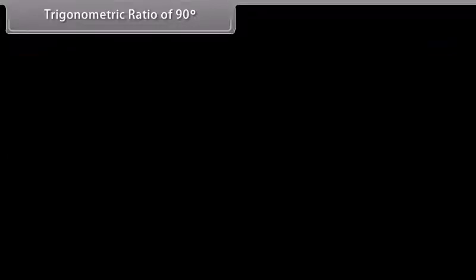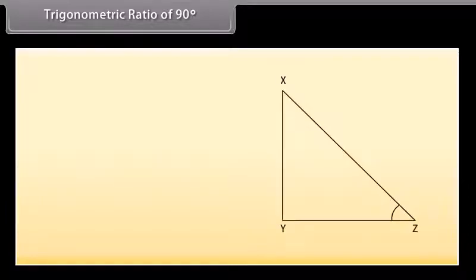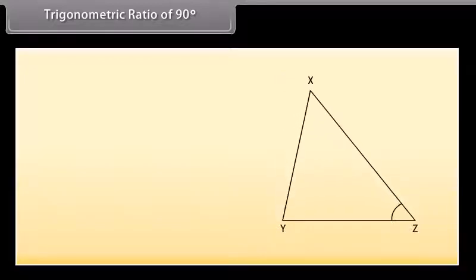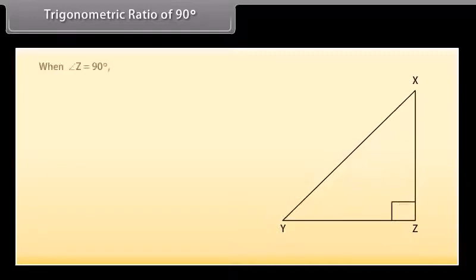Trigonometric ratio of 90 degree. Consider the right-angled triangle XYZ. Increase the measure of angle Z slowly. You can see that XZ rotates right and becomes steeper. When the measure of angle Z is increased to 90 degree, XZ merges with XY and the length of YZ